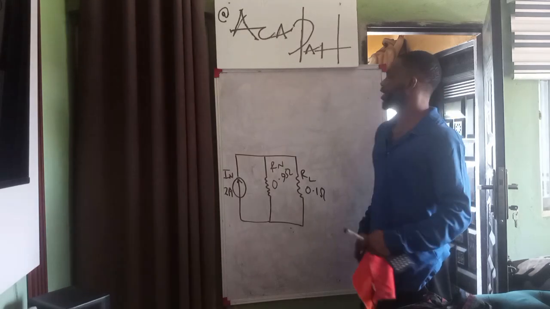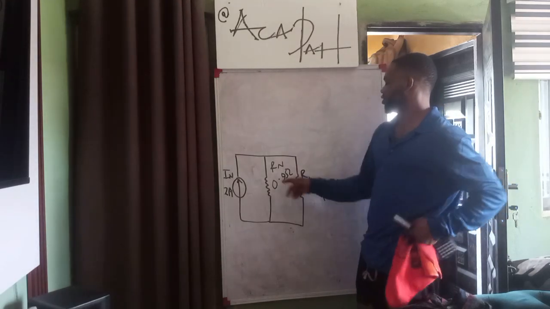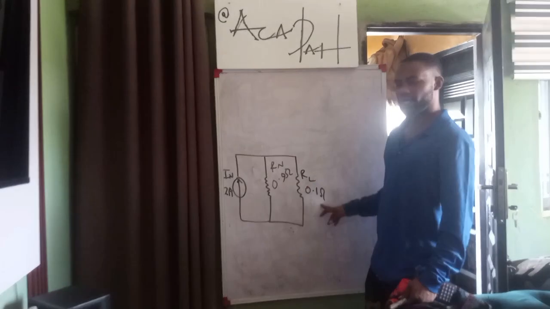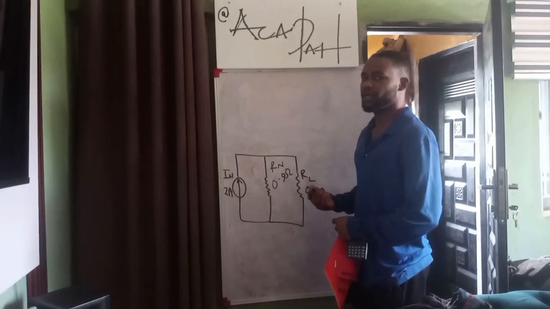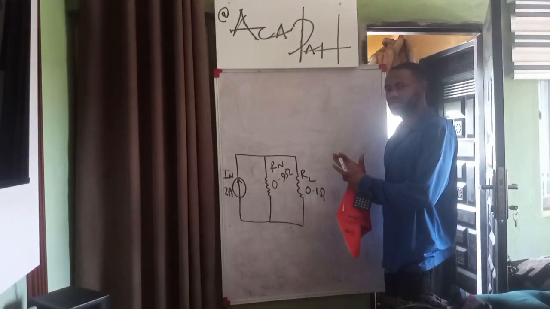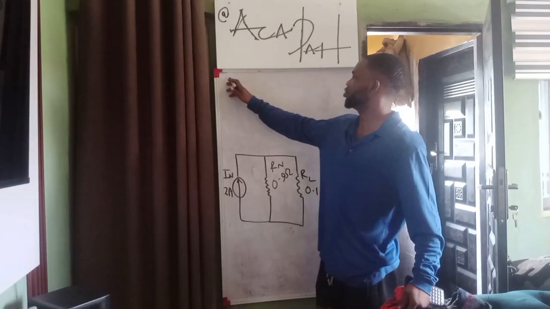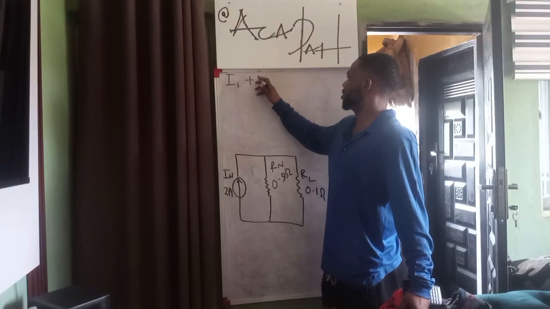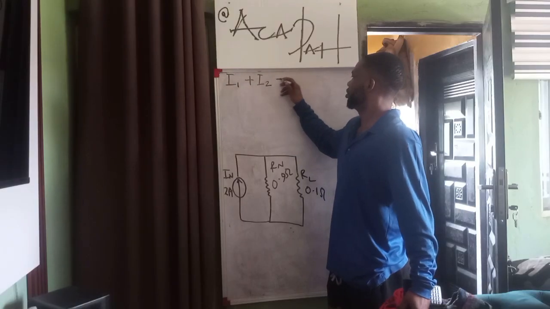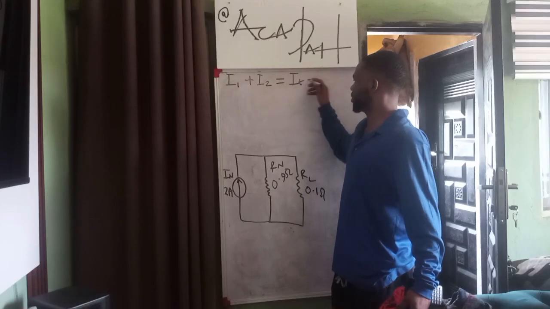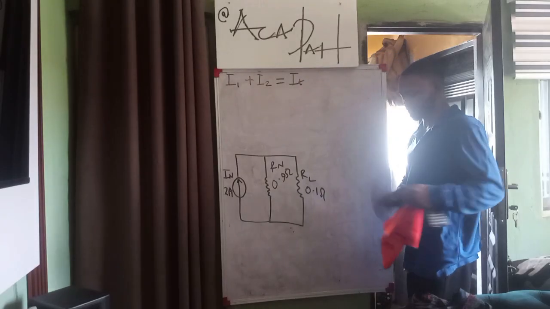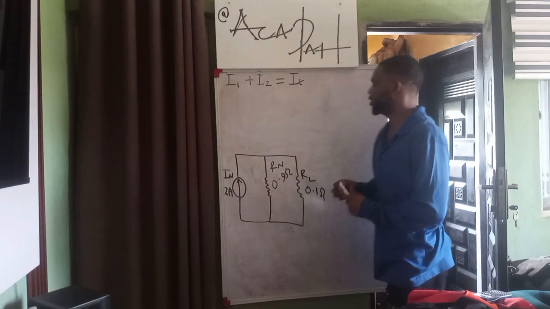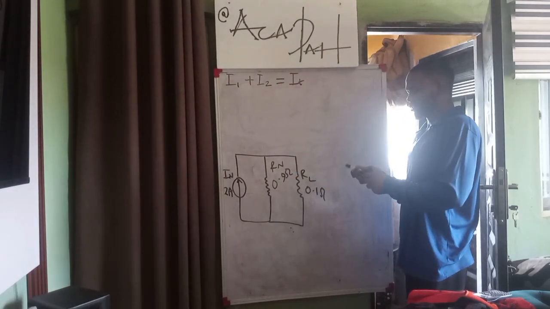So to find it, all I need to do is to ask myself, how many resistors do I have here? 2. Are they in series or parallel? They are in parallel. Whenever they are in series, you just add. But if they're in parallel, all you need to do is to say the current entering the first resistor plus the current entering the second resistor will be equal to the total current. This is Kirchhoff's principle. And if that is the truth, you now need to remember that current from Ohm's law